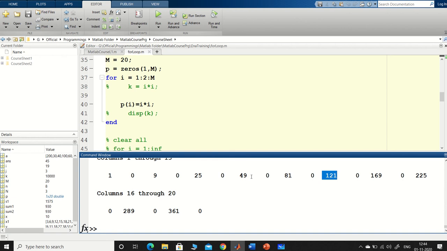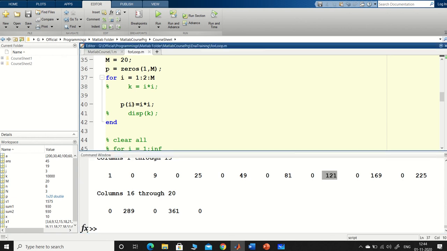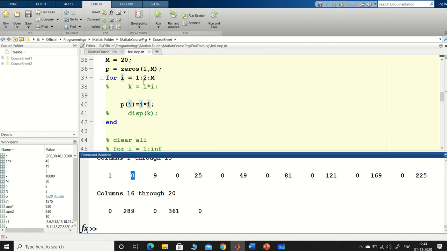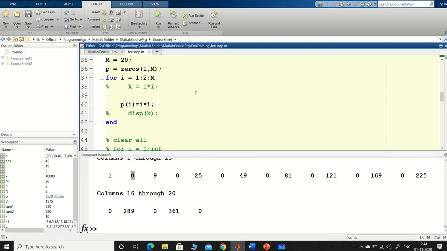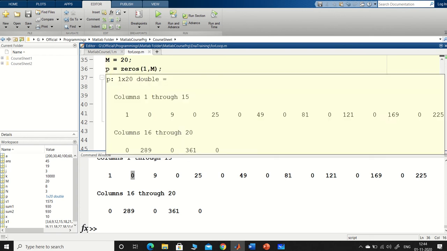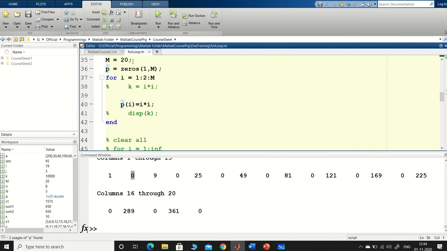But what is the mistake that I have made here is, for each value of i I am keeping it. So P1 was fine, then P3 became. So P3, but P2 is not there. So P2 has defined it 0. So what I can do here is, instead of defining 20 values of P, like I have by default initialized a vector P which is of size 20, but I have to store only 10 values or 9 values. So in that case,